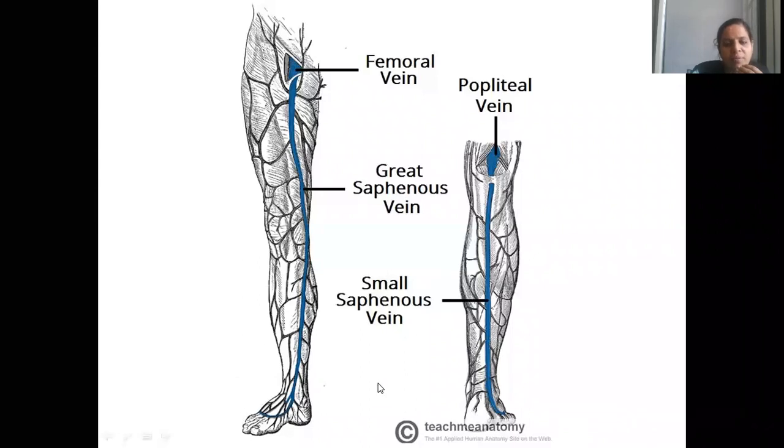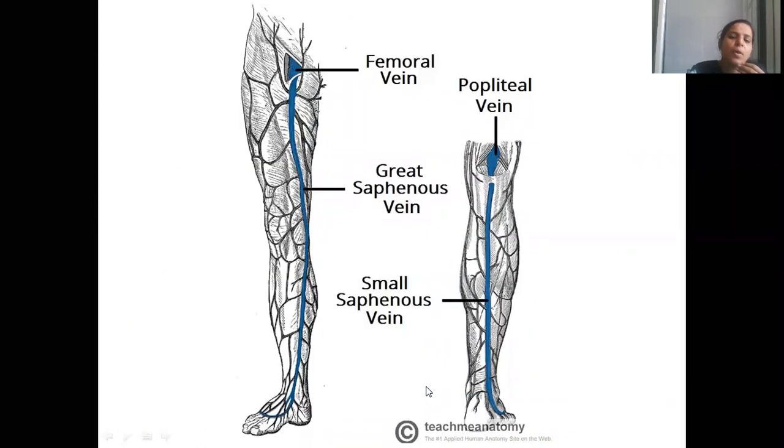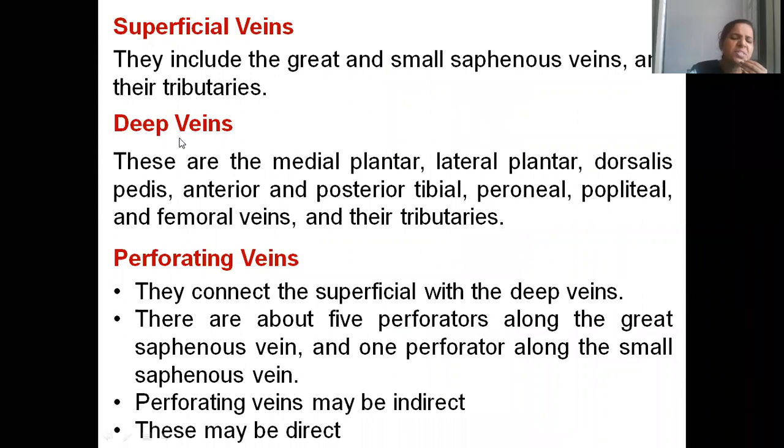And we know the popliteal vein is one of the veins we have seen in the deeper compartment, isn't it? One of the deep veins it goes into. Now see, these are the definitions: superficial veins are seen just below the skin. They include the great and small saphenous veins and their tributaries. Deep veins are what you saw in the table. They correspond to the arteries, and you go in the reverse direction.